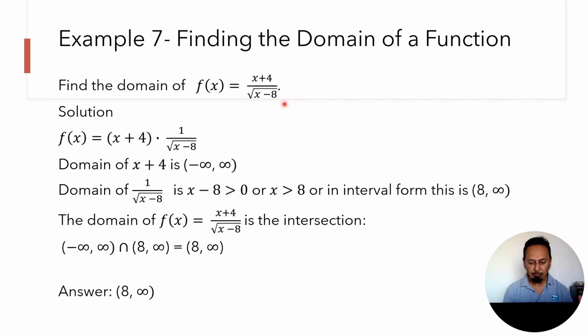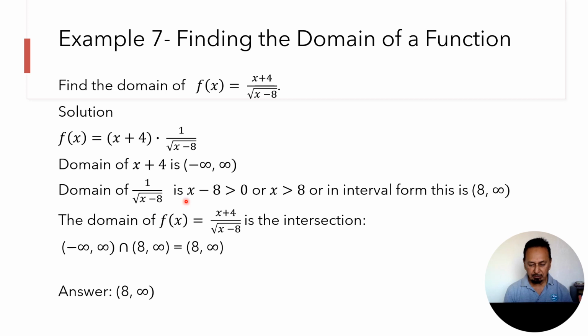Finding the domain of a function. Find the domain of f of x equal to x plus 4 over the square root of x minus 8. So again we can break it down into these two functions, x plus 4 and 1 over the square root of x minus 8. The domain of x plus 4 is all real numbers. It's a linear function. So in interval form, minus infinity to infinity. The domain of 1 over the square root of x minus 8,